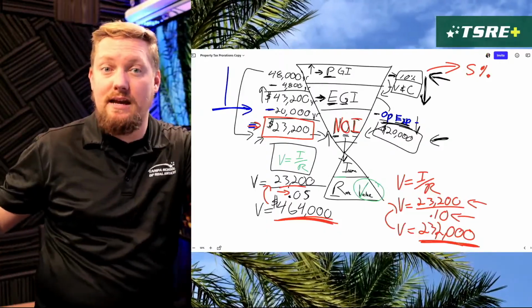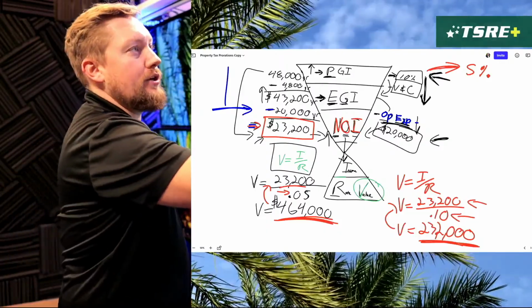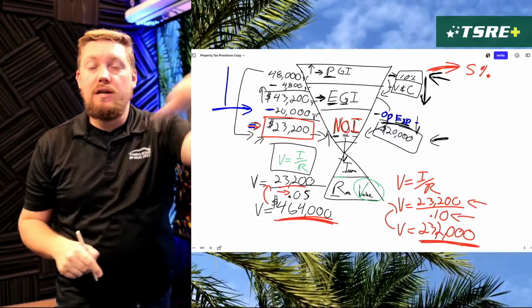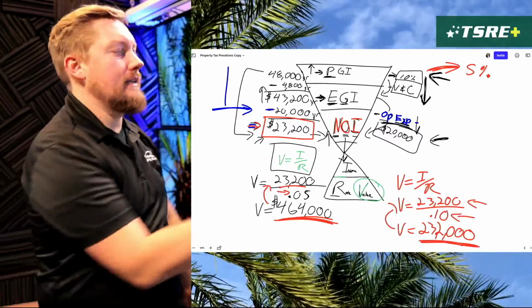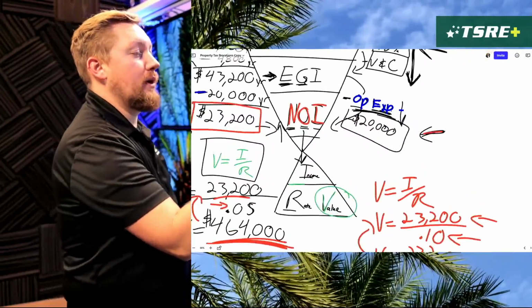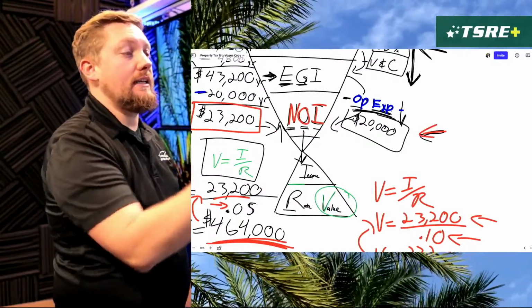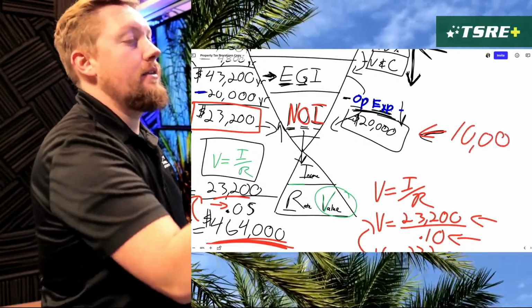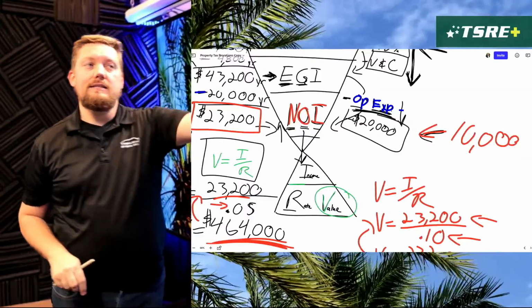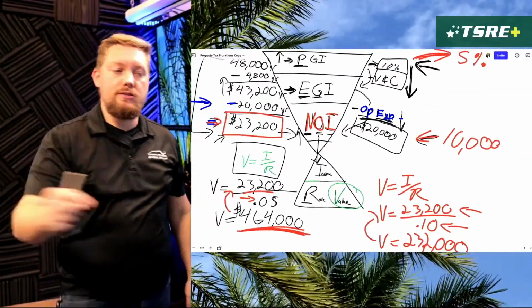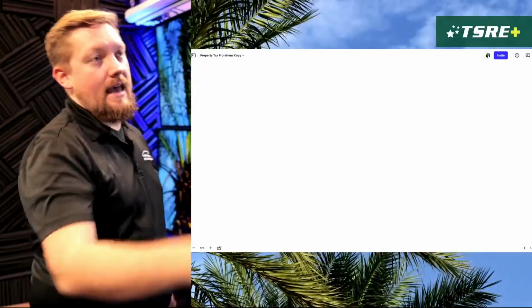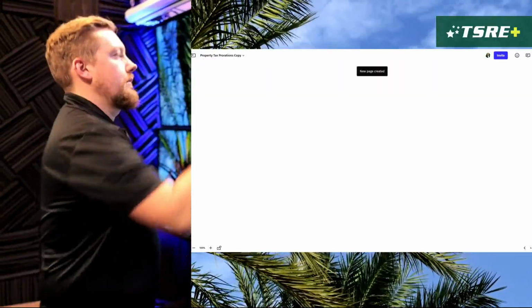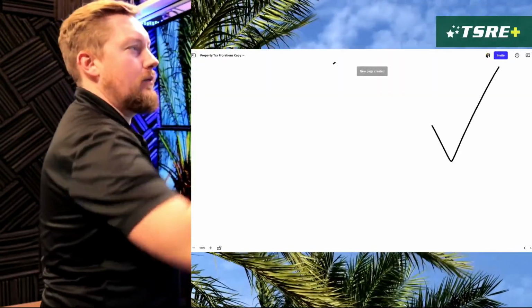So completely separate items. But if we could reduce that as the owner of this property to 5%, because again, we're better to our tenants, and let's say the last people were really mismanaging the property and we could get these costs down to $10,000 for operating expenses instead of the $20,000. So let's do the math again. This exact same math here. And I'm going to lay this all out exactly what we're going to do.